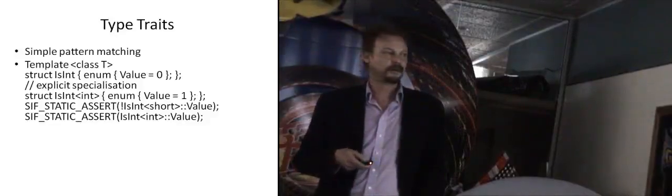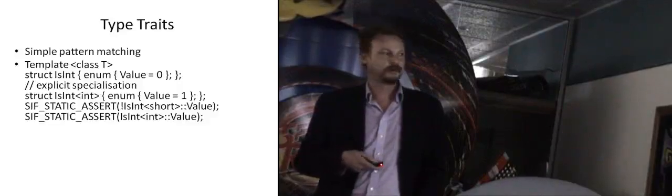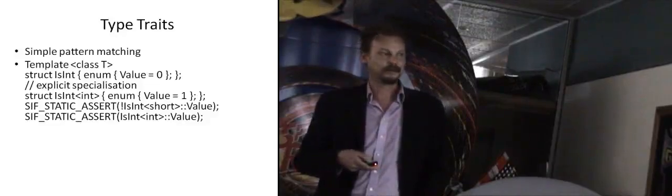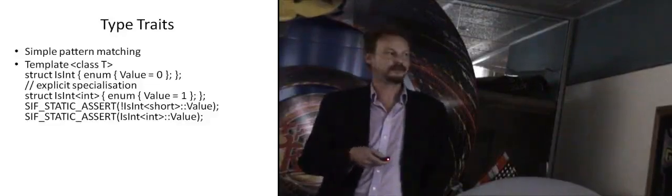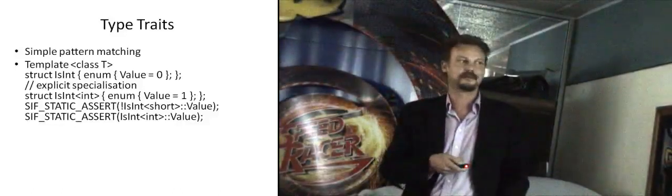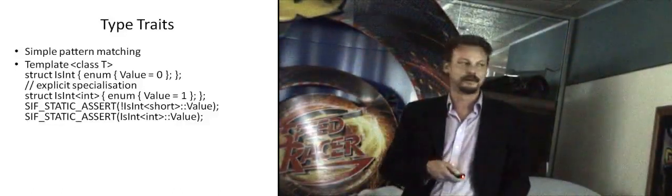And then we say this function, when given an int as input, its enumeration, its return value is true, 1. So this will mean that by default, the return value is 0. When you give it a type int, then its value is 1. And what it's saying is, yes, this is an int, because that's an int, and that's 1, and it's not an int, anything else is going to give you 0.